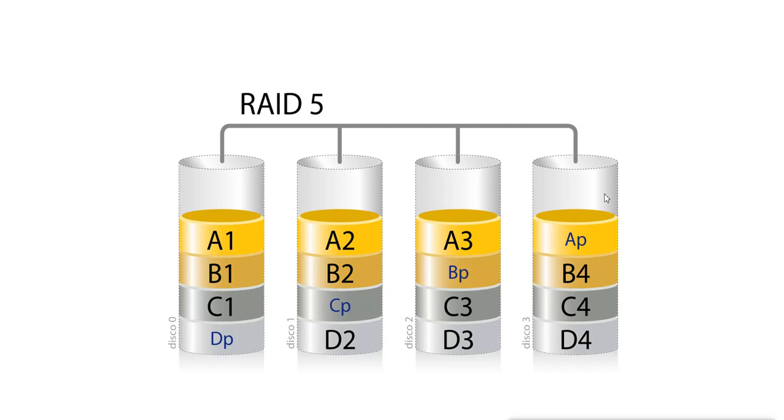And doing this is storing the parity in all the four disks. This is why we use RAID level 5. RAID level 4 will also do the same thing. It will also use the parity with strip, but it does not do that. It uses the blocks. It stores the block. It is stored not here, it will store as a block, and there it is stored as a file.